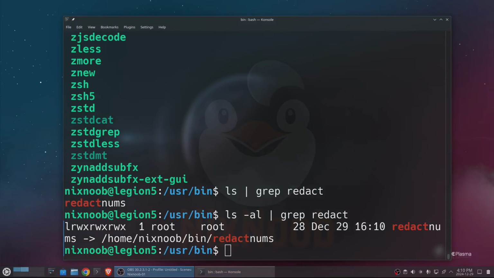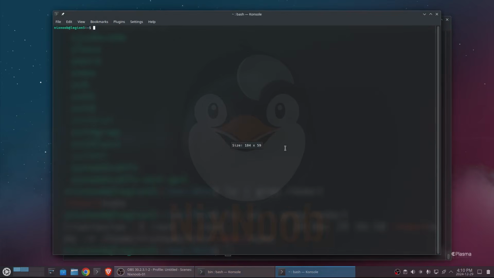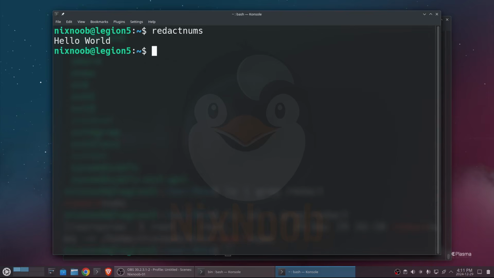So now if I open a new shell, I don't think it'll work in this one. I think you have to open a new shell before that takes effect. But let me zoom in again. And now if I just do redact nums, it works. So we just added a program to our list of programs that our computer's looking for. Personally, if I was going to be doing a lot of this, I wouldn't want to have to go in and symlink each one in